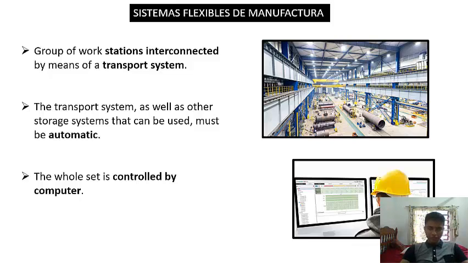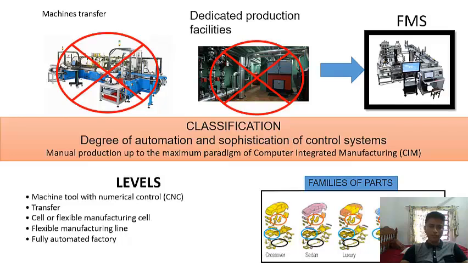The FMS replaces, or tries to replace, the rigid production systems, such as the transfer machines or the dedicated production plants, although sometimes they are combined, as long as you add the character of an FMS. The FMS can be classified according to the degree of automation and sophistication of their control system: machine tools with numerical control, CNC, transfer cell, or flexible manufacturing cells,